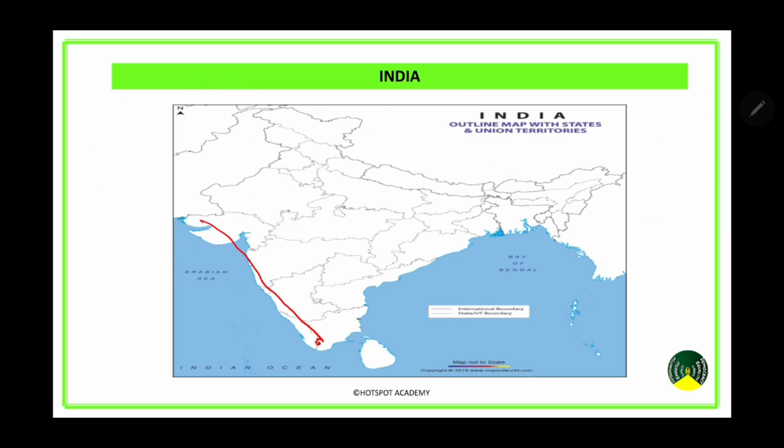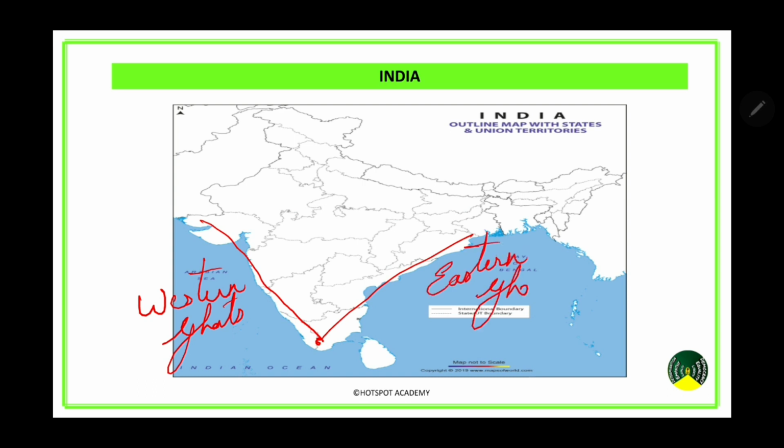Now here we have your Western Ghats, right? They are known by different names like Sahyadri in Maharashtra, etc. And here we have your Eastern Ghats. The highest peak in the Western Ghats is Annamalai. Here we have Mahendragiri. Both meet at a point named the Nilgiri Hills,